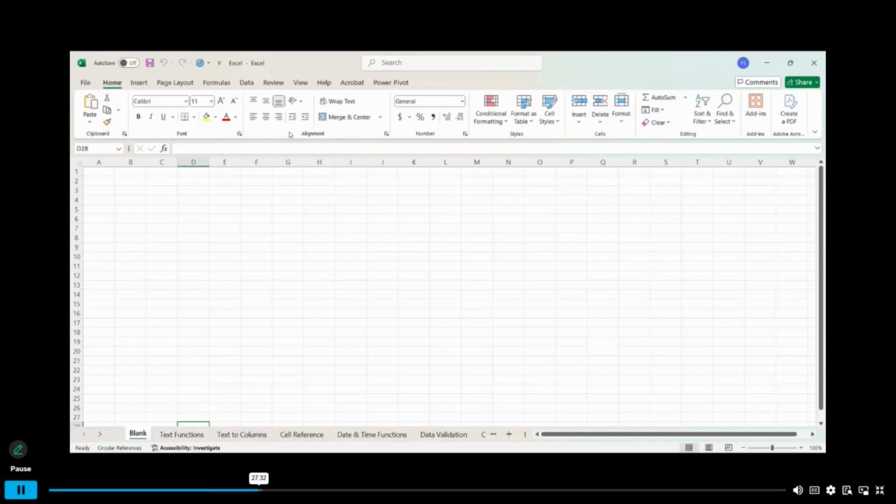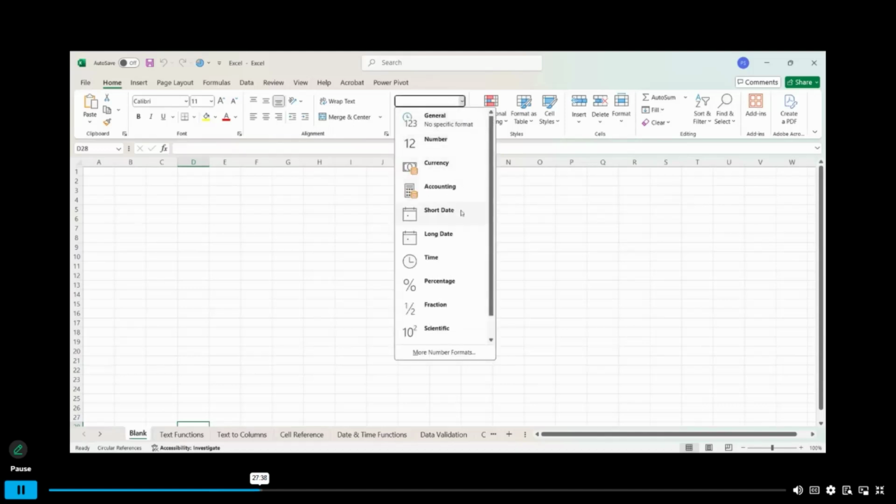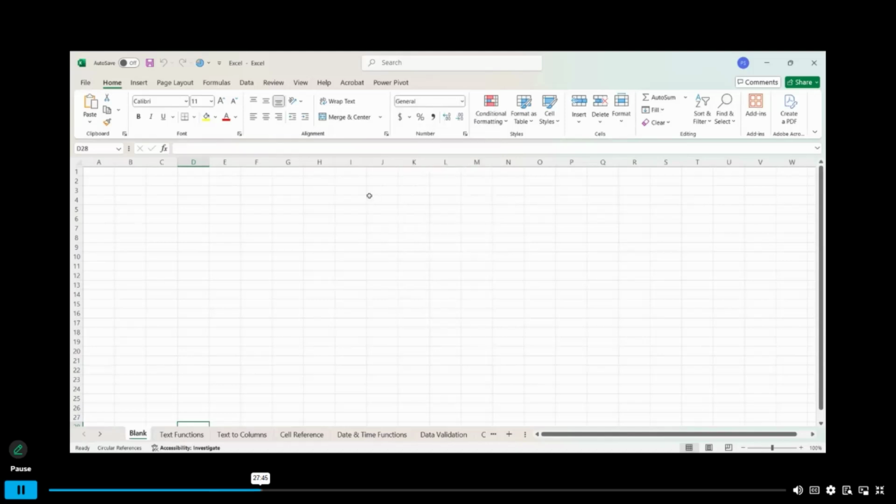Okay. Then we are having the numbers pane here. So here you are having the different number formats in Excel, like general, number, currency, accounting, short date, long date. These are different number formats. Okay. Now below this